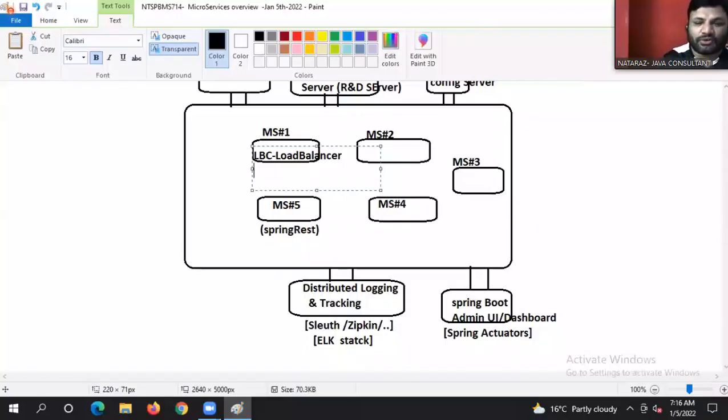That will be decided by whom? Load balancer. Are you understanding my statement, guys? For that purpose, we have multiple options, guys. Ribbon is there, Feign is there. We can develop this load balancer with the support of what?